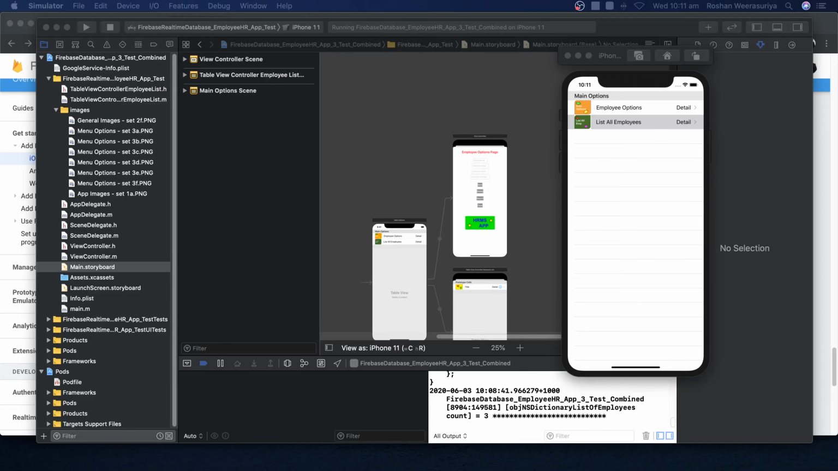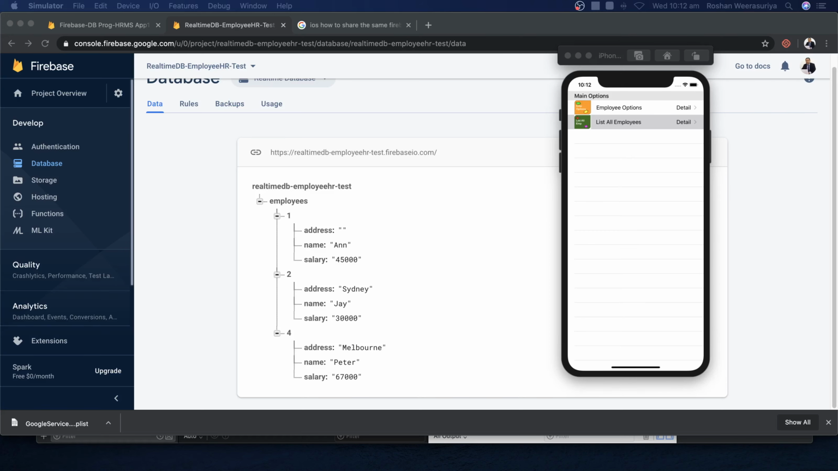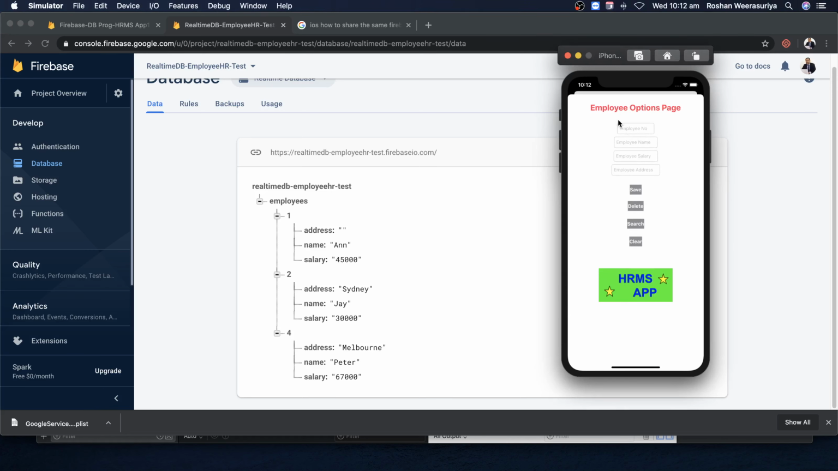Hi viewers, let's see the app we are going to develop in the next couple of lessons. The app is connected to the Firebase database. You will see there's a main menu with employee options and a listing of all employees. This table view controller we have put here. When you click on employee details, you will be taken to a page where you can add, insert, search,